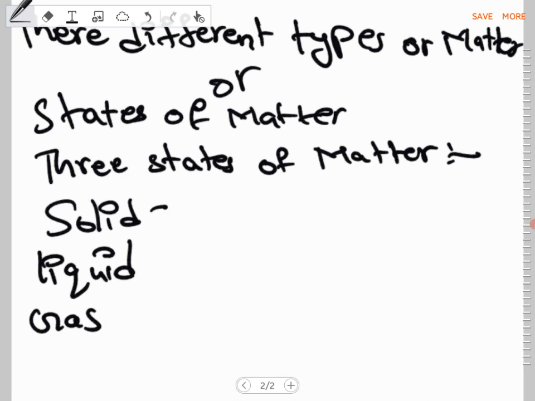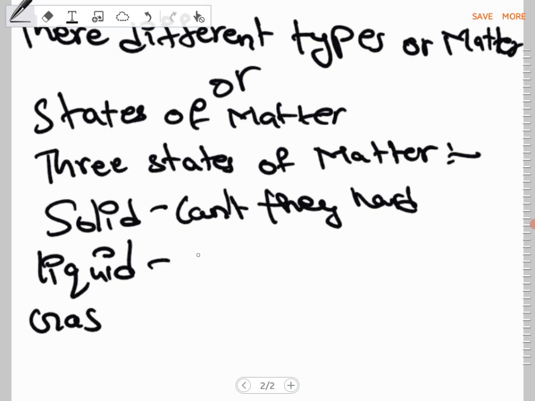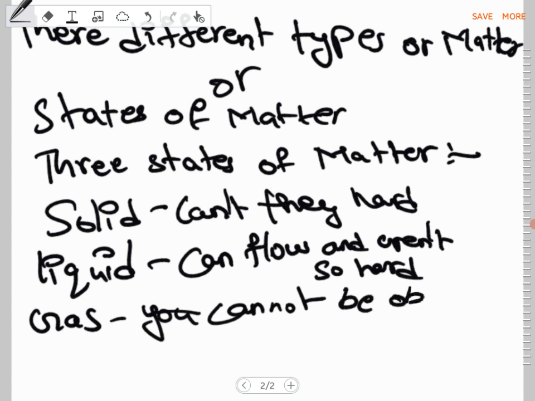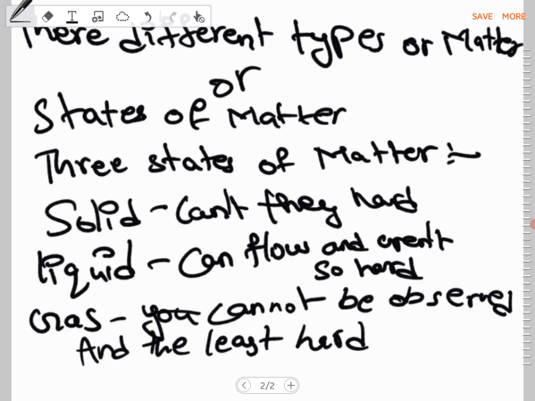Solids are those that can't flow, or we can say that they are hard. Liquids can flow and aren't so hard. Gases, you can't even see them. Most of them cannot be observed, and they are the least hard. So these are the three states of matter, and examples of them could be